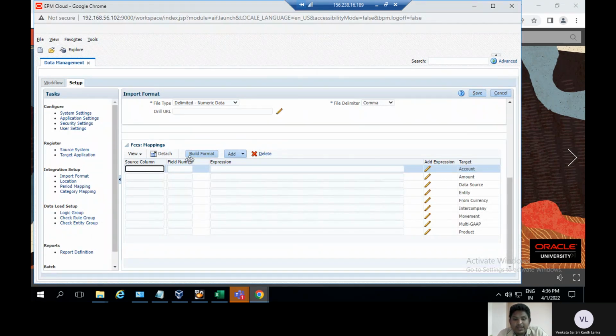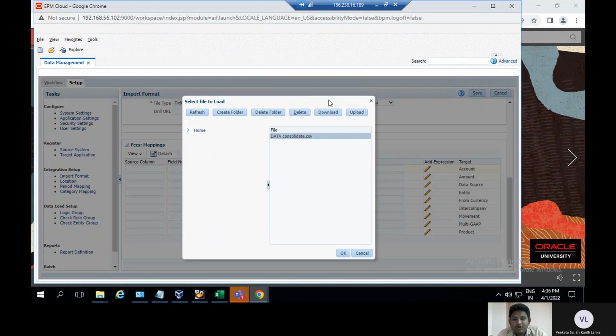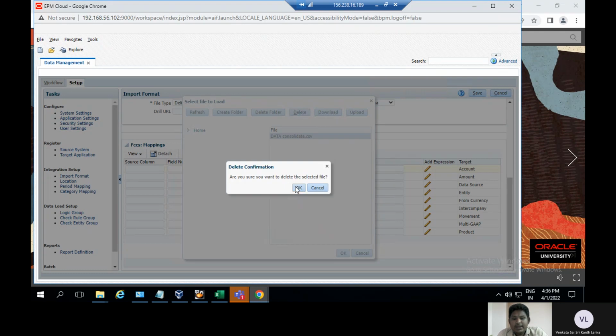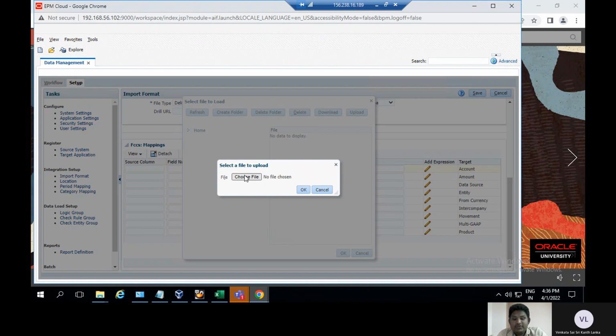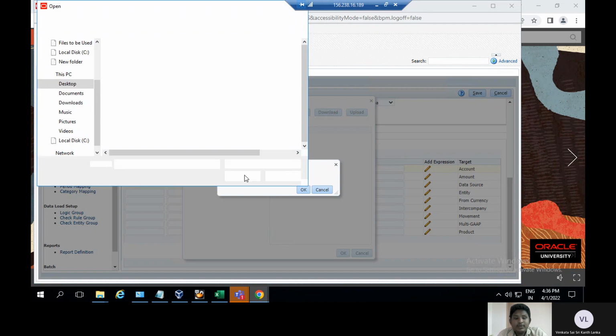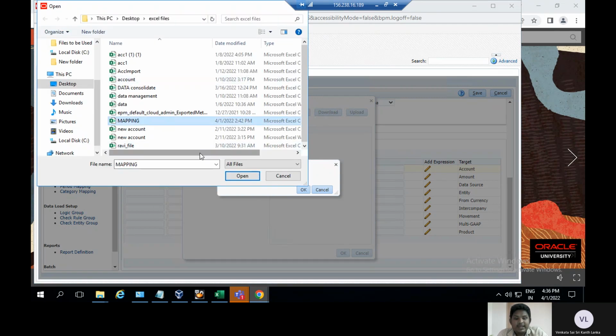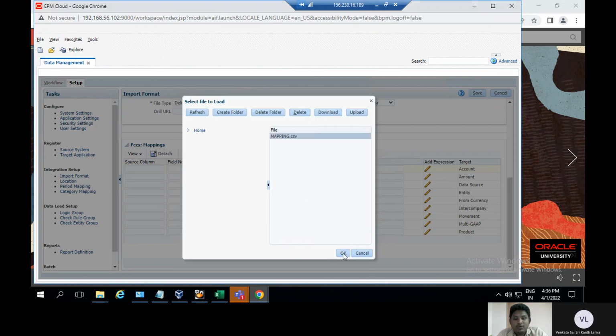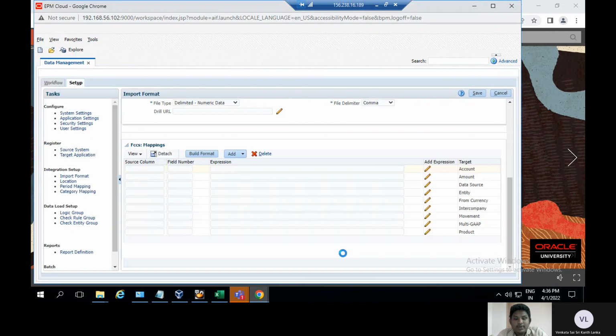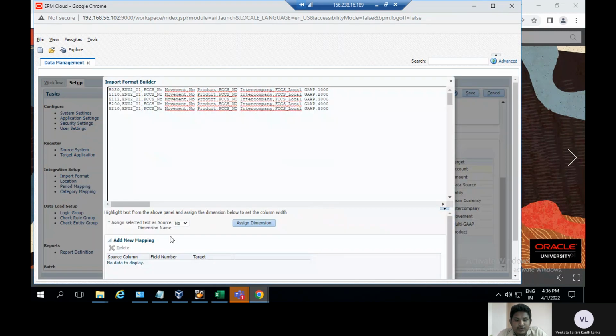First of all, go to the build format. Here in the build format, to upload the data, earlier I selected delete one. Here to upload it, choose file. Under here the mapping is there, and click on open, and click on OK, and click on OK. Here this appears, and here to assign the mappings,